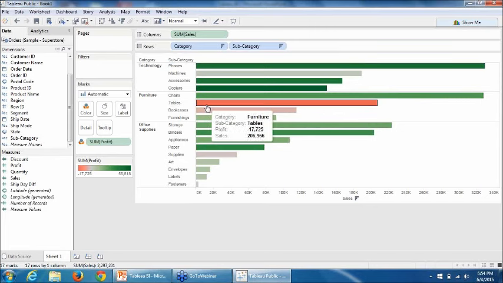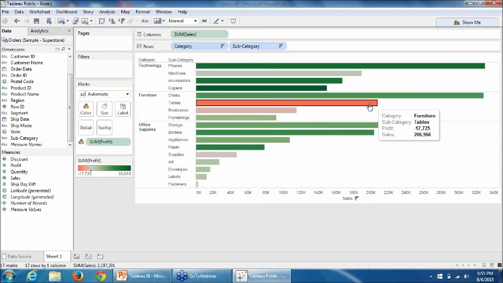Tables subcategory is not performing well in terms of profit. However, sales is good, right? So again, all these visualizations are relative. So we will create a view where we compare it with last year's performance. So it will tell you a bigger picture whether the performance has been good or bad, right? The negative profitability we see in tables might be comparatively better than last year. So again, we always have to compare with a certain data point, based on which we can make some decisions.